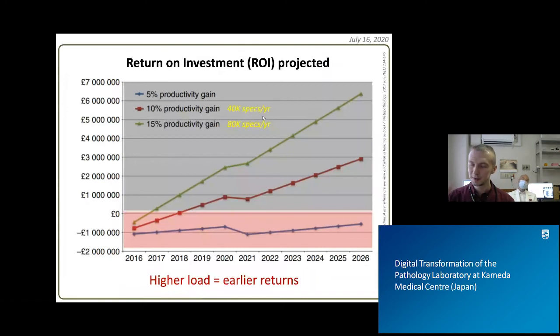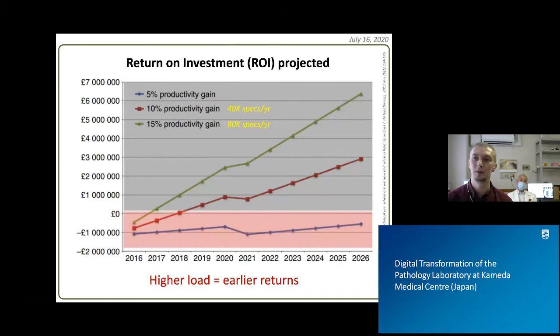Actually, there is a confusion when we do these calculations in the digital pathology field, because vendors calculate everything in slides, while we pathologists and our technicians calculate everything in cases. That's why there is a discrepancy, because a case can be 1-2 slides or 10-15 slides, or an autopsy case of 50 to 100 slides. So the metric used here is the number of specimens per year in your laboratory.